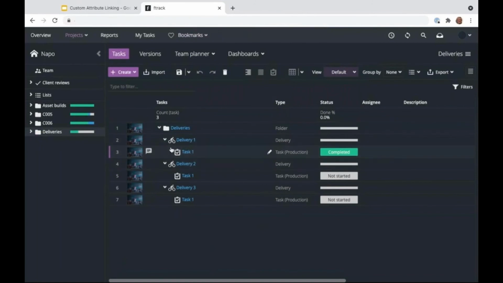Okay, here I have my deliveries, and I can track tasks under my deliveries to track any progress related to the delivery. It could be things like uploading the content or